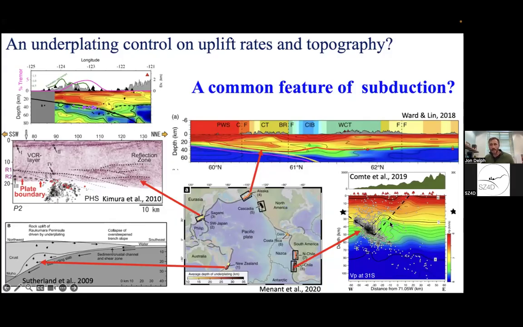Might see it hinted at in central Chile. We kind of see a decrease in our velocity contours associated with our subducting plate. We see it beautifully reflected in reflection imaging